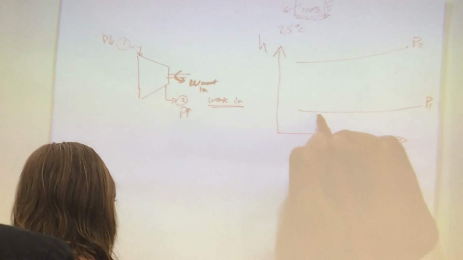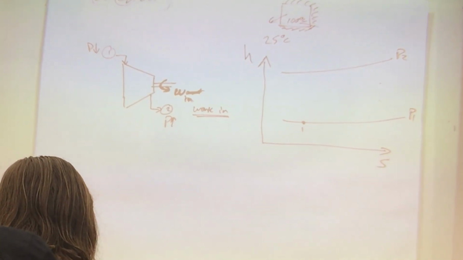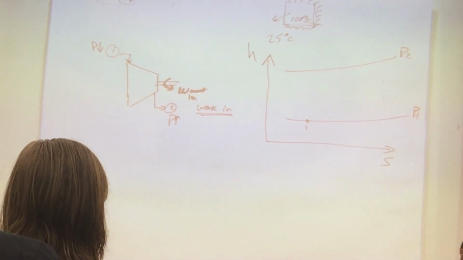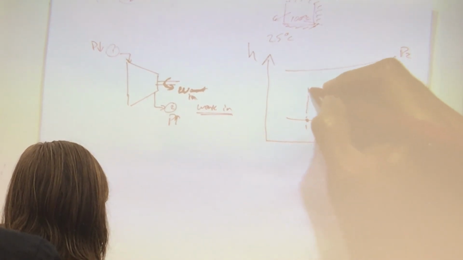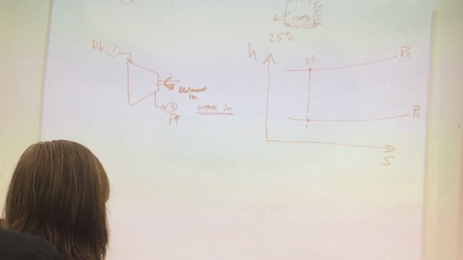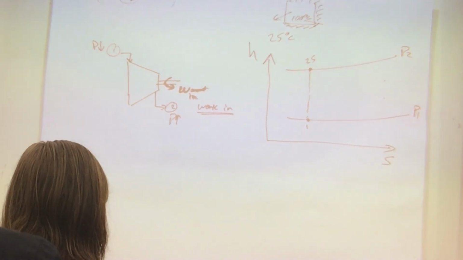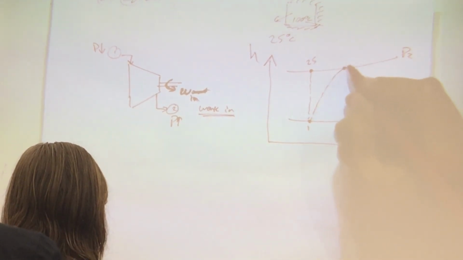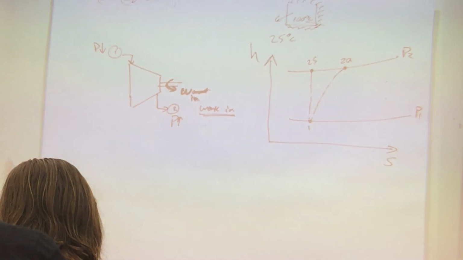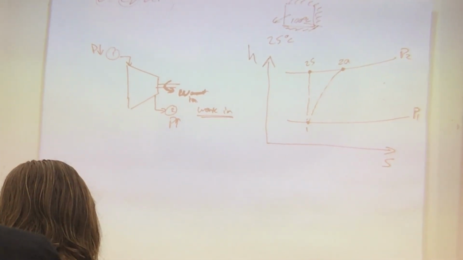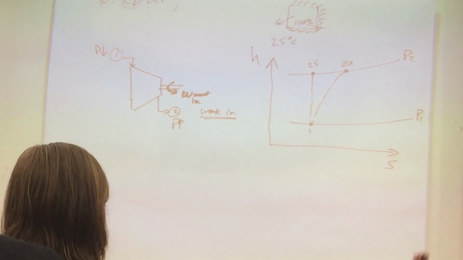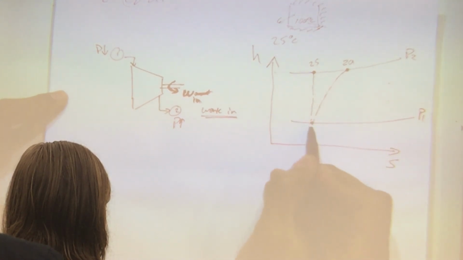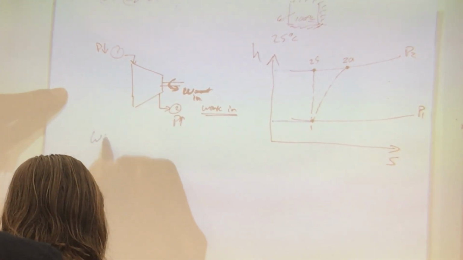So I'm starting from point 1. The isentropic process says what? Well, the rate of change in entropy is 0, therefore I'm going to go with a vertical line. So that's your isentropic process. And the actual process is just going to be to the right. That's your actual process. Which in a sense you say, well, if you really want to compress the gas, the isentropic process is I'm going to put in this much energy, work-wise. This is my work input. Like what is work in here? Equal to